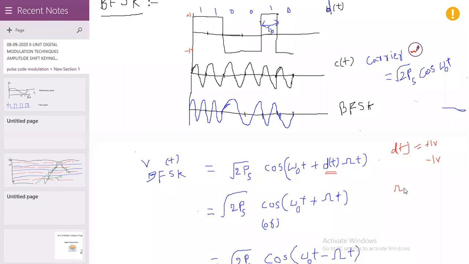Okay, so here if the d of t is plus 1, so that equation is,